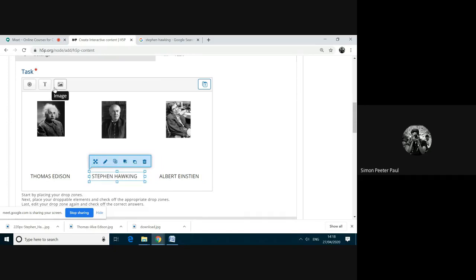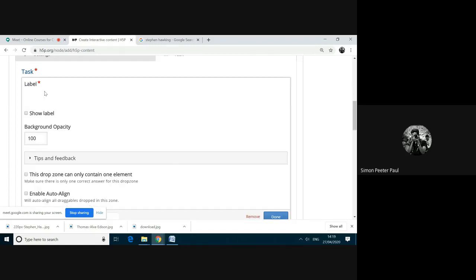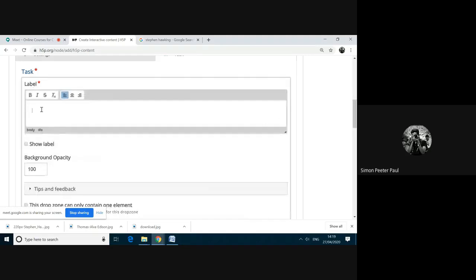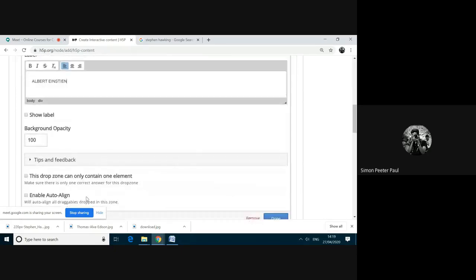Then I am moving on to the third one to click drop zone. Here I am going to click, his name is Einstein. So I am clicking this drop zone and I am typing Albert Einstein.